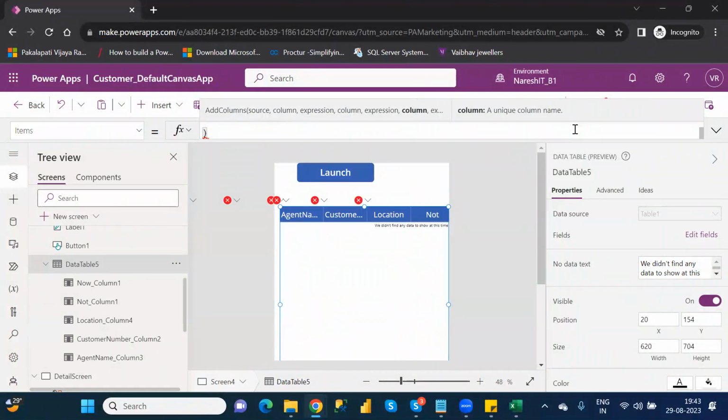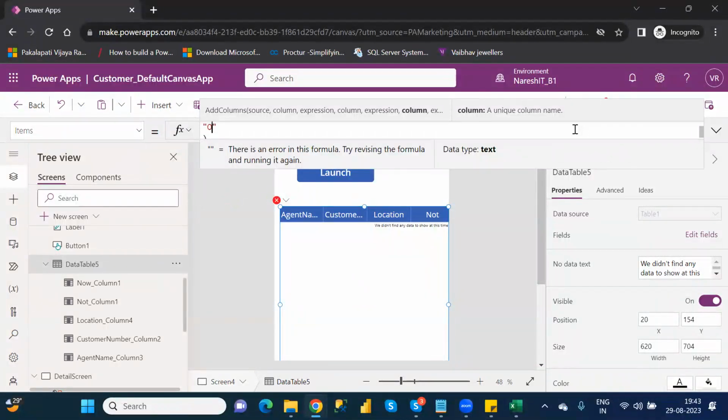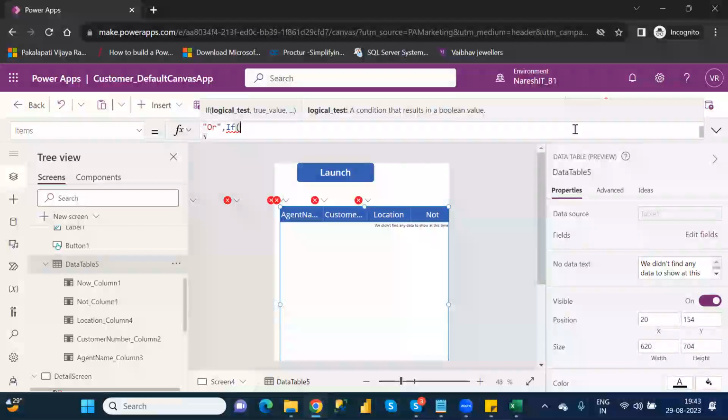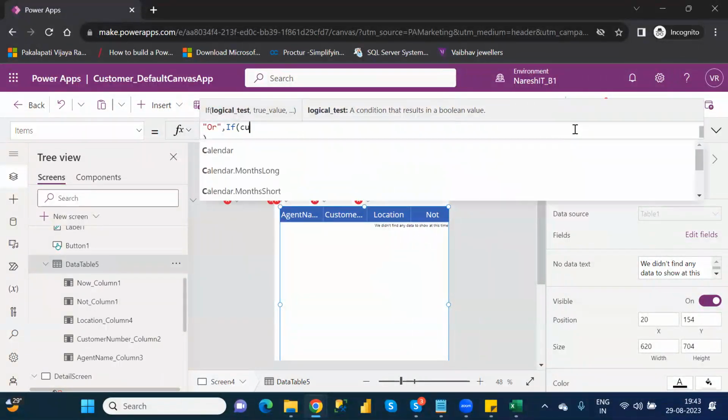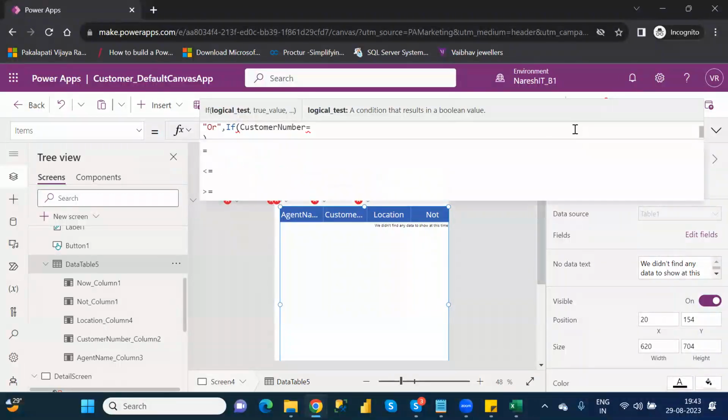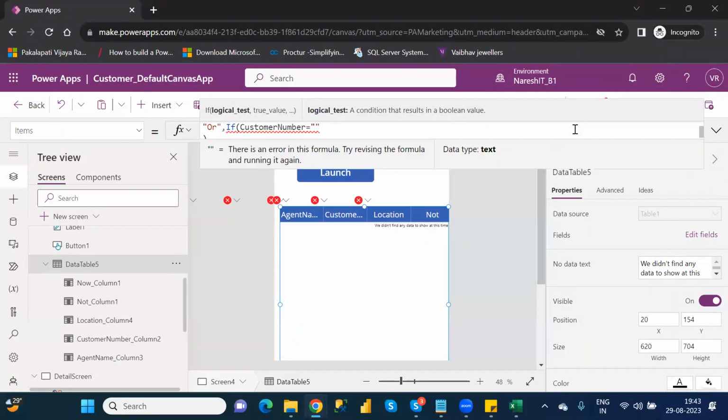Suppose for example, if customer number is equal to 8 and